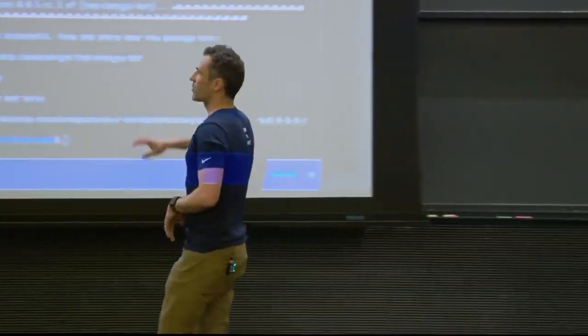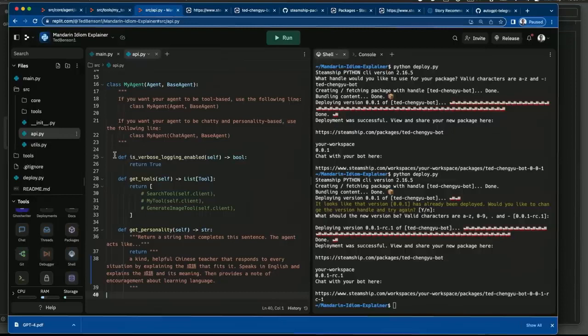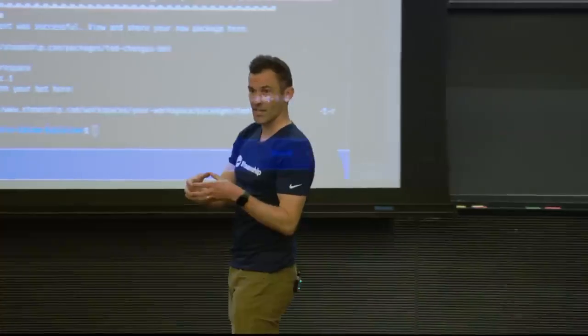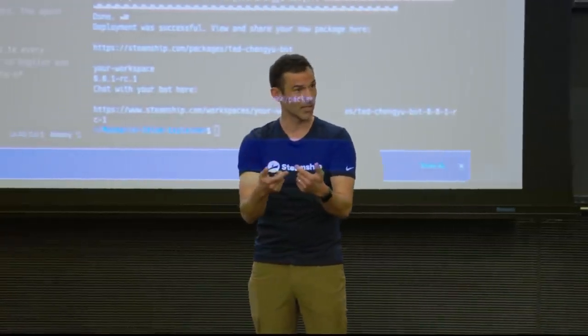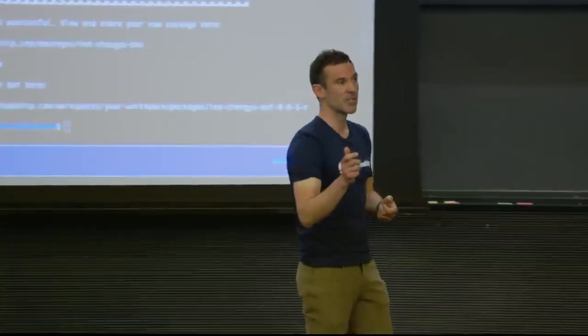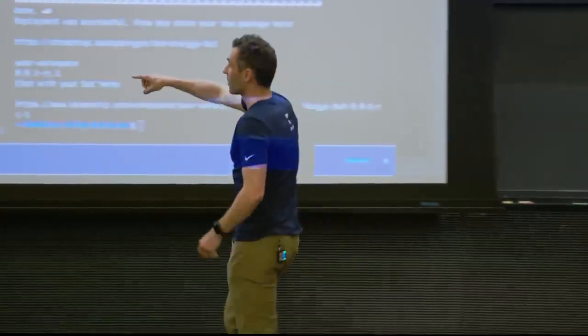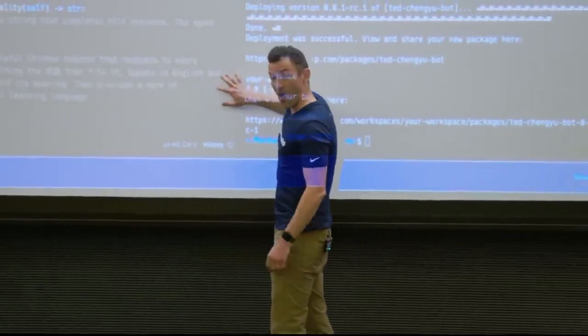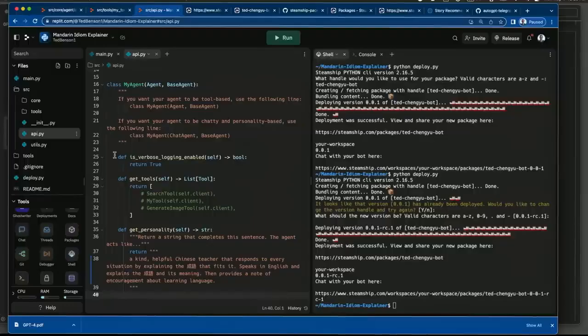And then the second is add tools that might go out and do a particular thing. Search the web, or generate an image, or add something to a database, or fetch something from a database. So having done that, now you have something more than GPT. Now you have GPT, which we all know what it is and how we can interact with it, but you've also added a particular lens through which it's talking to you and potentially some tools. So this particular Chinese tutor, all it took to build that was 4 lines.